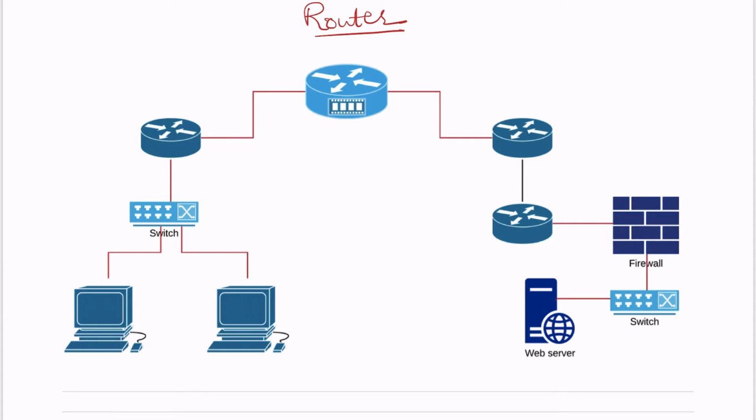You can see that there are many types of devices I've listed in the diagram. Whenever IP communication takes place, many types of devices or components participate in this, and one of the most important components is the router. In this diagram, this is a router. This is how it is represented diagram-wise. This one is a router as well. This is a router. This is a router.